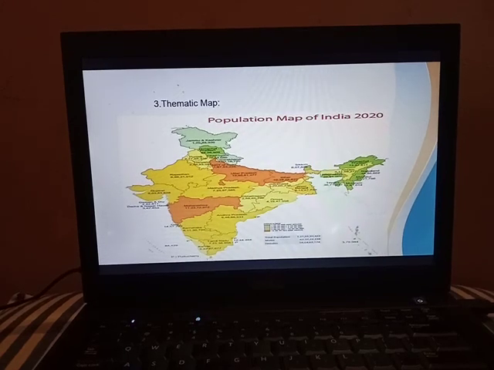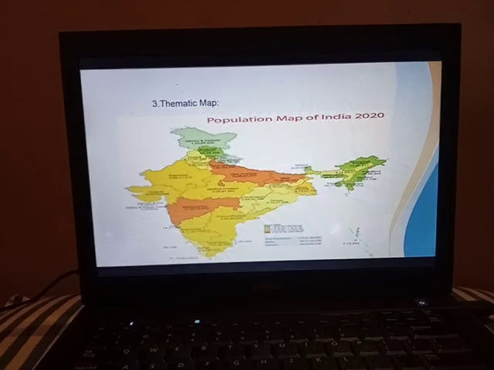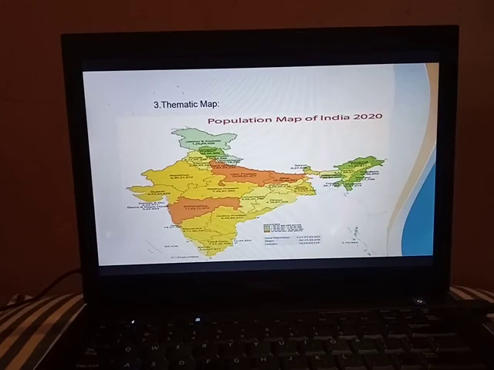So students, in today's class we have learnt about the shape of the earth and the different types of maps, which are used in studying physical features as well as a particular state or particular research work. In the next class we are going to study in detail about the different types of maps.